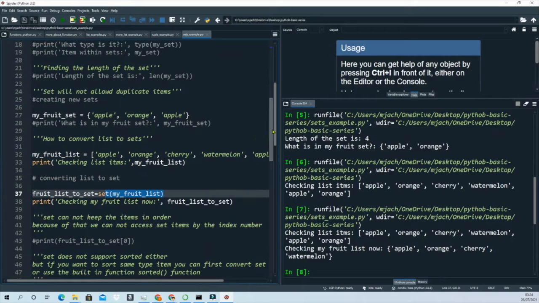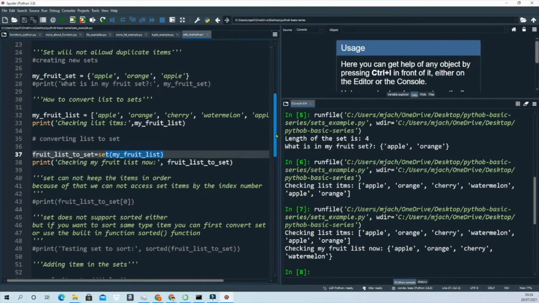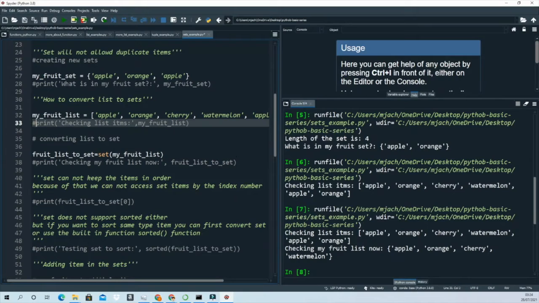So this, you see, that's very important, so you can easily convert a list to a set. Now what we can do next,